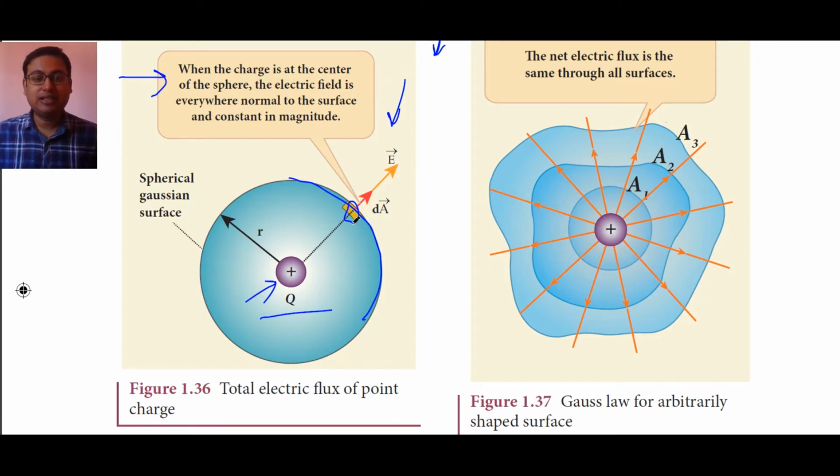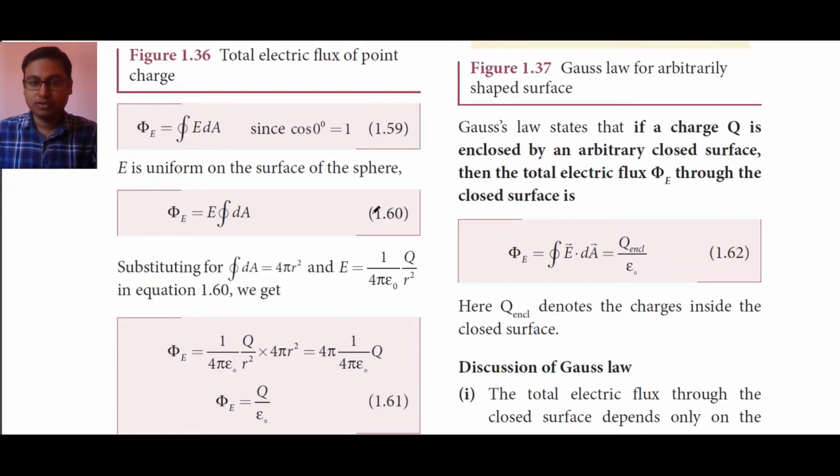That means at 0 degree. That is, the normal on the area dA is parallel to the electric field. In that situation, theta is equal to 0 degree and cos 0 degree is equal to 1. So in this situation, the total electric flux will be maximum. Coming to the next point: you can see here psi is equal to closed integral E dA because cos theta is equal to 1, because theta is equal to 0 degree. So we haven't taken the cos theta term here.